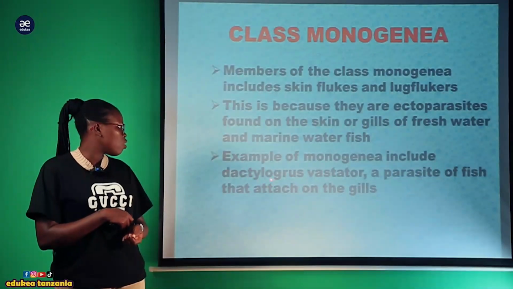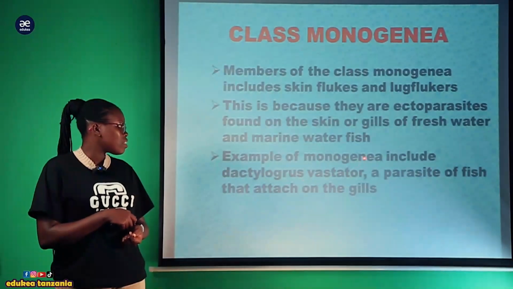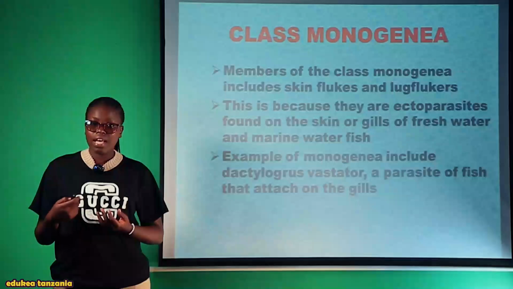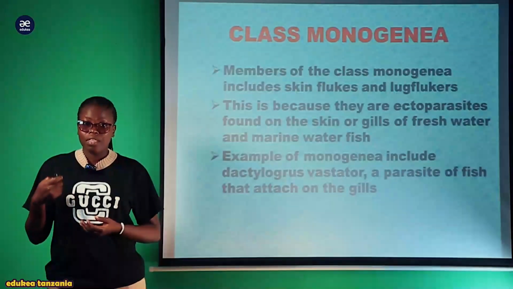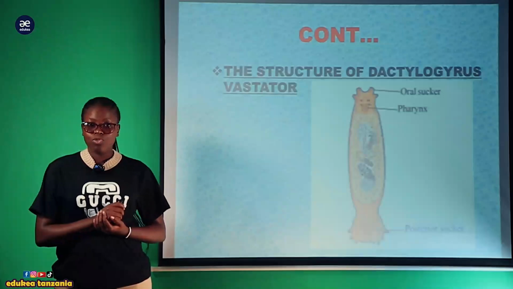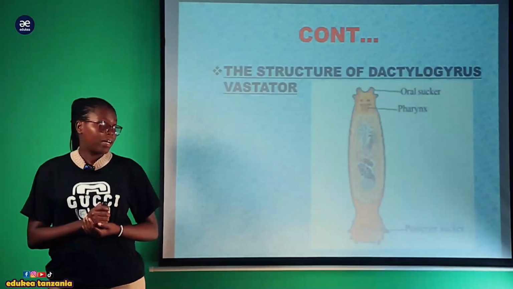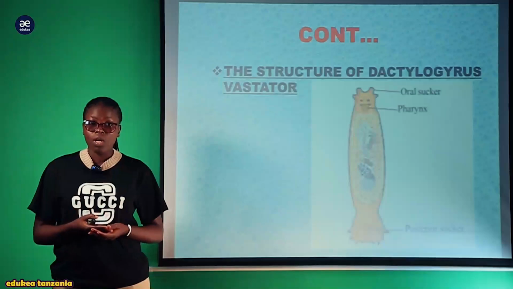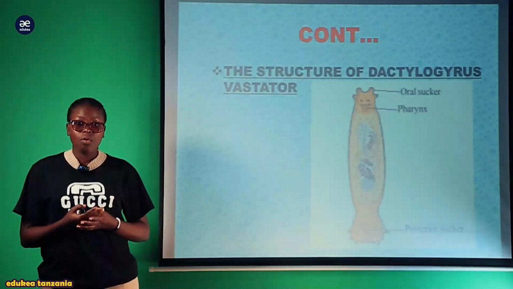Dactylogyrus vastator here is a parasite of fish that attaches to the gills, where it goes to suck up the blood meal. And here is the drawing of Dactylogyrus vastator as one of the members or organisms found within the